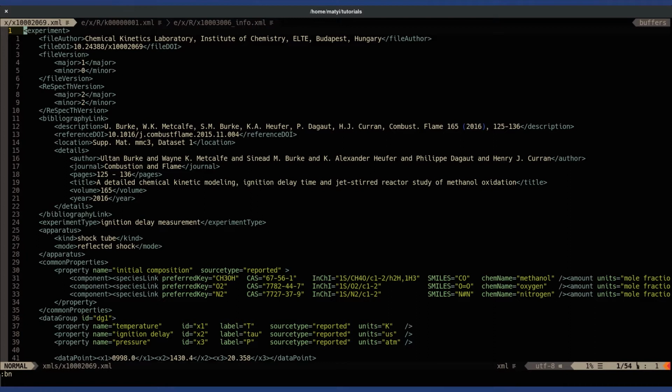An RKD file consists of four main parts. First, the facts about the XML file are given, which include the ID of the person or research group which created the XML file, it is the file author, the unique DOI of the XML file, this is the file DOI, the version of the data file, file version, and the version of the RKD format, respect version. If an error is found in a published XML file, then the file version number is increased and the old file is replaced by the new one in the respect database.